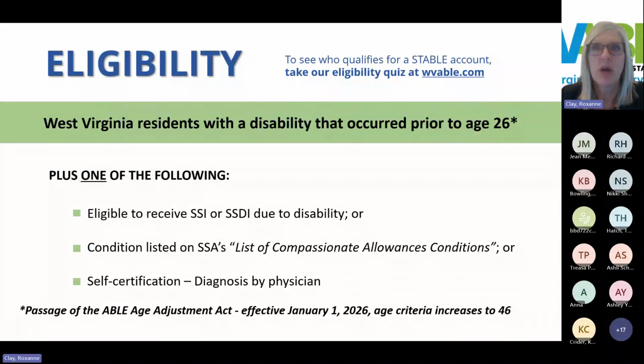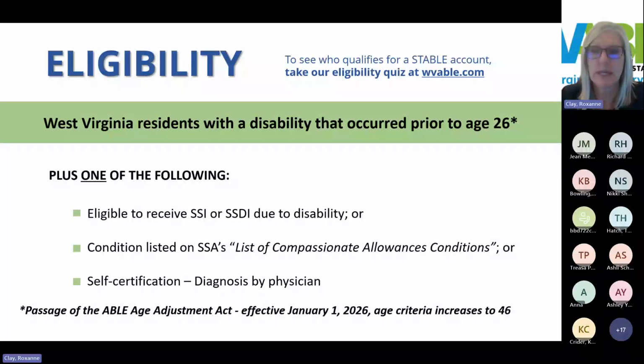And then we have one of the following criteria that's required. The individual is eligible or entitled to receive SSI or SSDI due to the disability or blindness. So no, this does not mean you have to be receiving SSI.